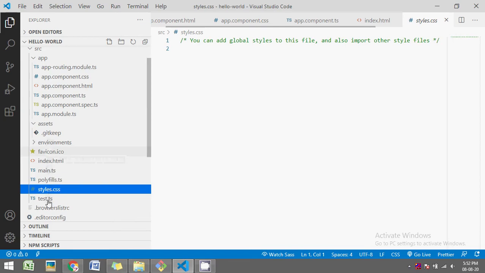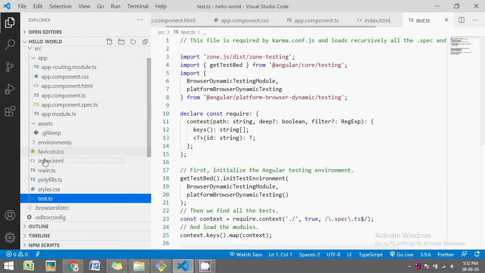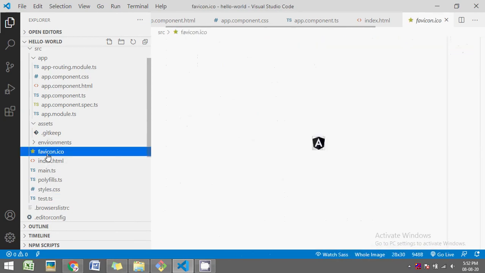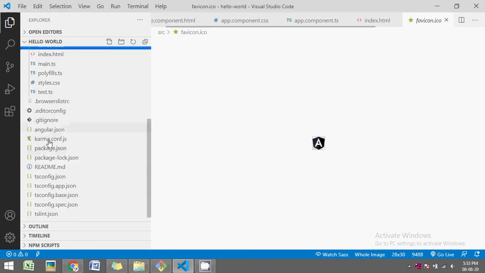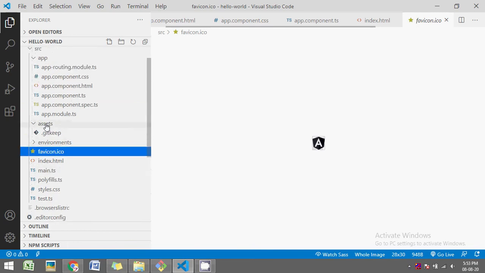Test.ts. This file is related to testing. And next is favicon. This is the icon that is displayed in the browser. And finally, the environments folder. There are two files, one related to the production environment and the second related to the development environment.